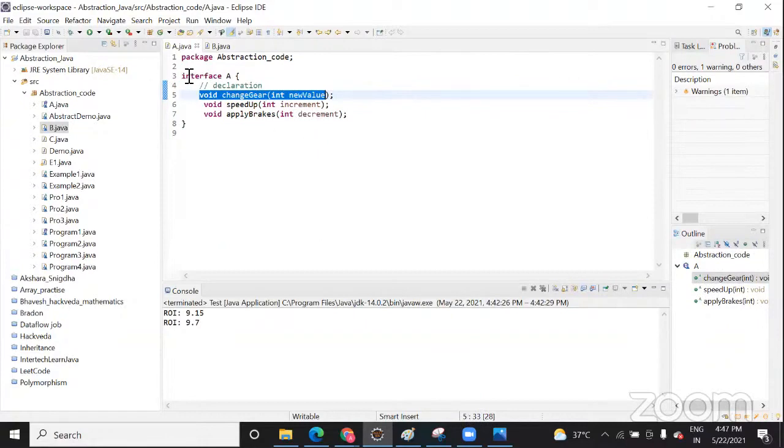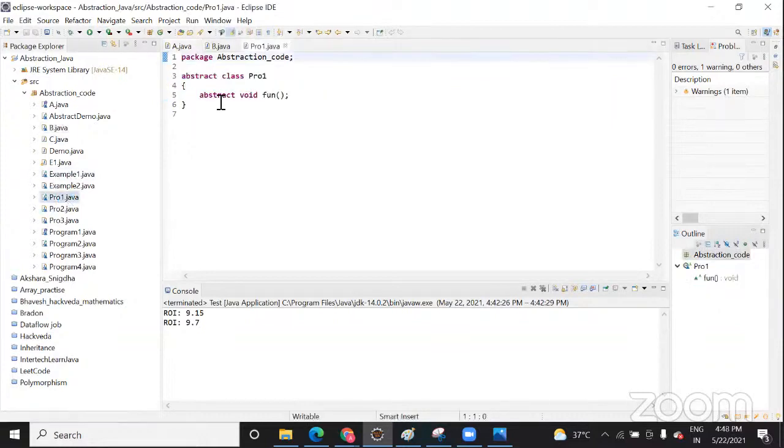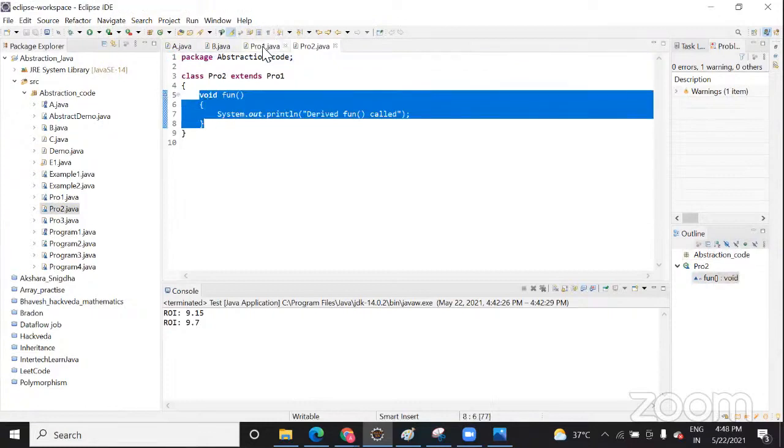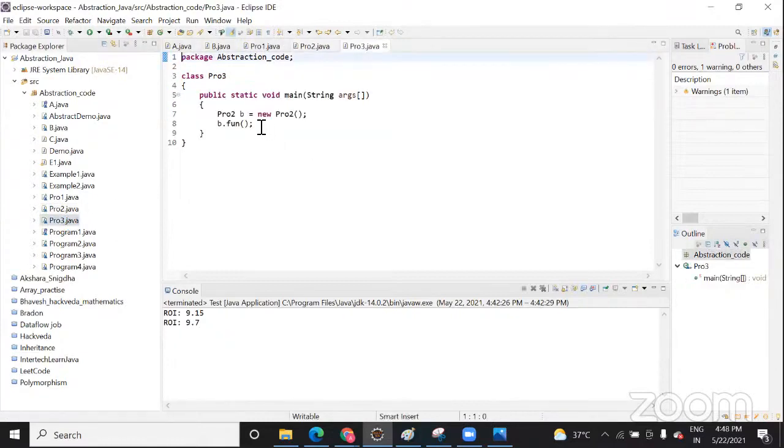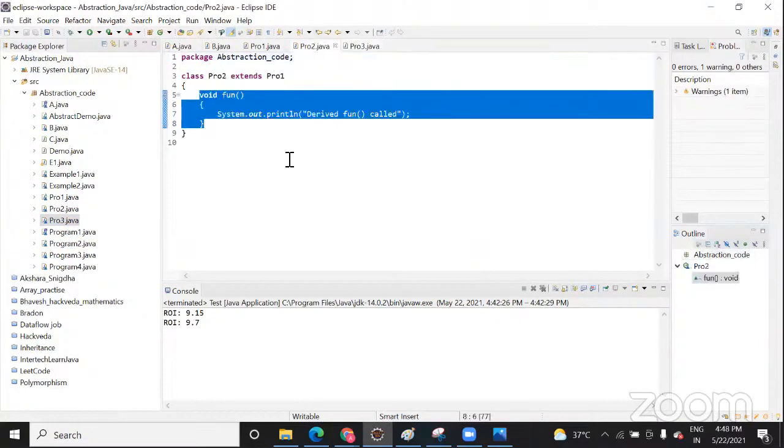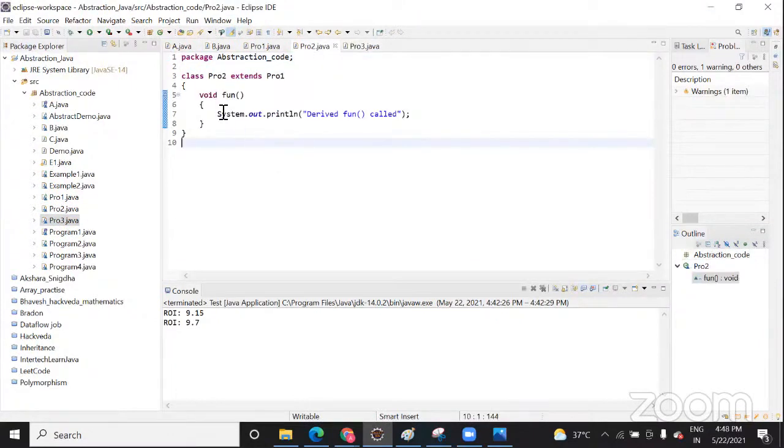Here actually I declared an interface. This is not the abstract one. Let me show you another one. You can see I have created this abstract method. Then I created another method where I provide the body for what I have declared here, and the third method I have created to call this. So you can call it here, whichever object you are creating. You will create the object of this class and you can call this method.